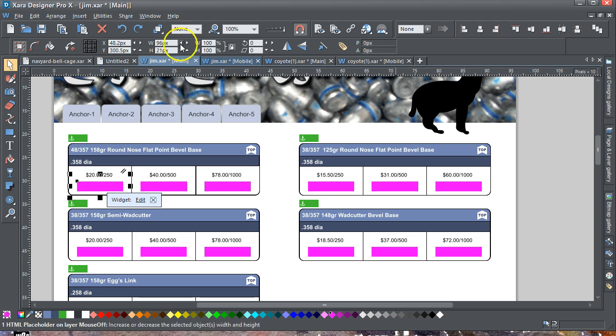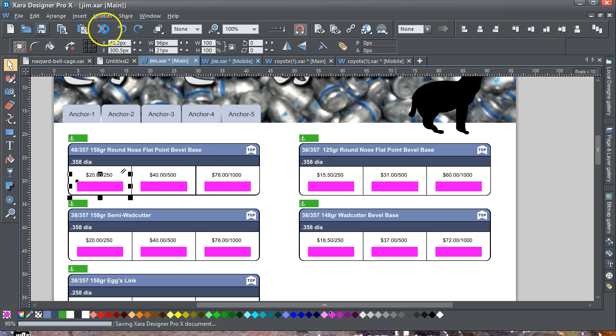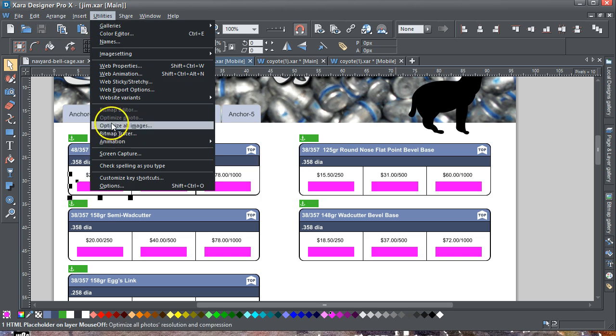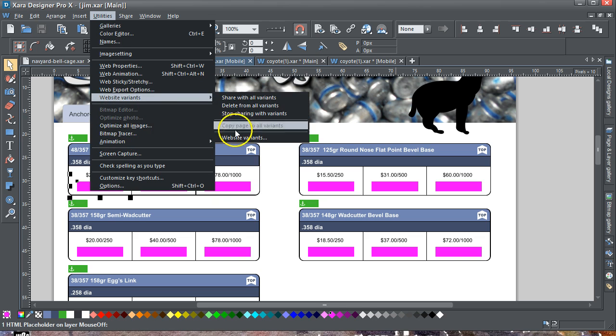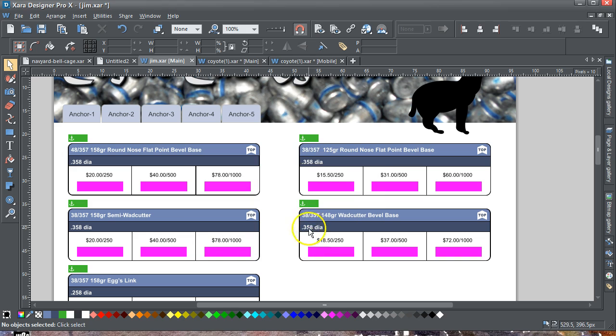What I'll do is I'll go into utilities. Let me just save that a minute. Utilities, website variants, I'm going to delete this 481 at the moment. Delete, close,